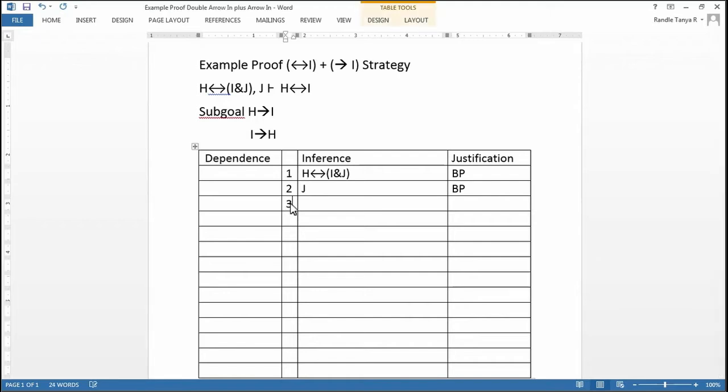So for line 3, I'm going to provisionally assume the antecedent of this conditional, and I'm going to set I as my subgoal. Now that I have a provisional assumption, I'm going to start my dependence column. So what am I going to do? Well, I have a biconditional on line 1, so I might as well use the double arrow out rule. And I can get H arrow I and J from line 1